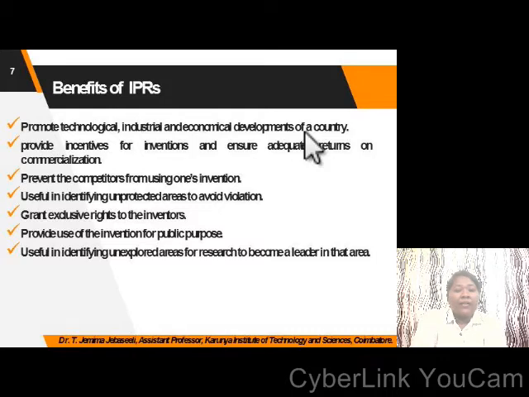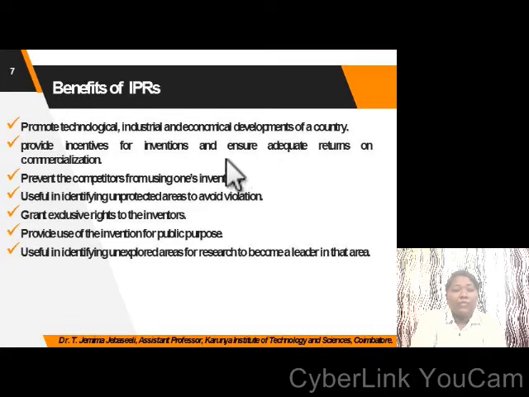For example, in India, if a person invented a medicine for coronavirus, and that is patented, and another country wants to buy and utilize it, then they will pay for it. That improves the benefit of the company as well as the country as well as the inventor, and the economy of India is also going to increase. So this is how the IPR of a particular patent can improve the economy of the country and provide incentives,